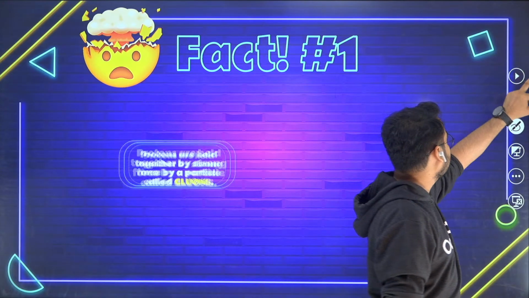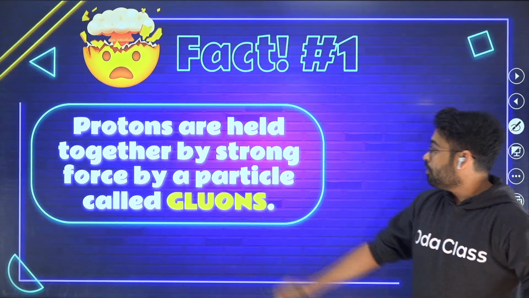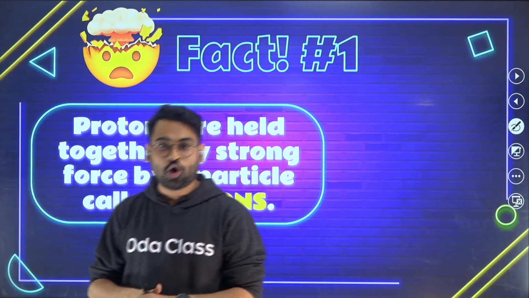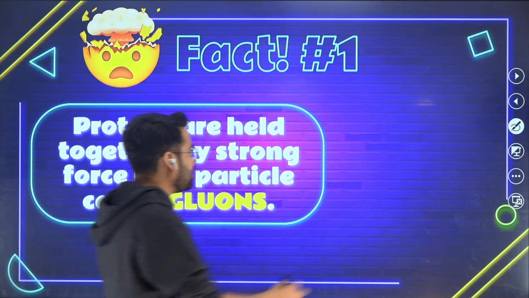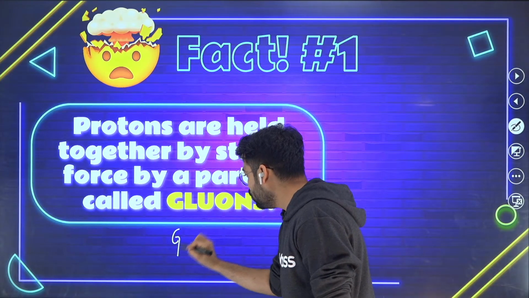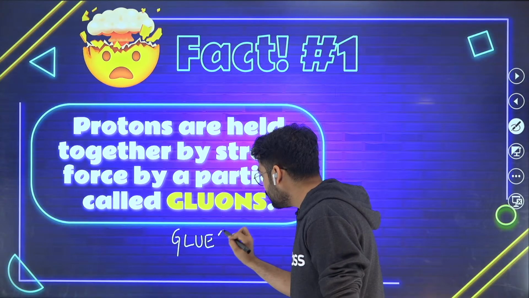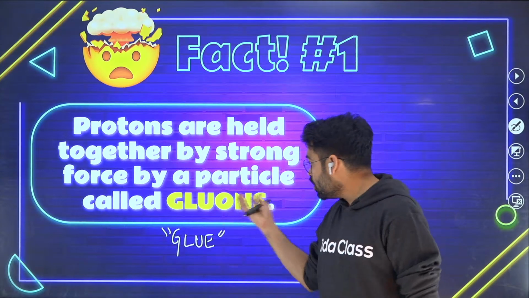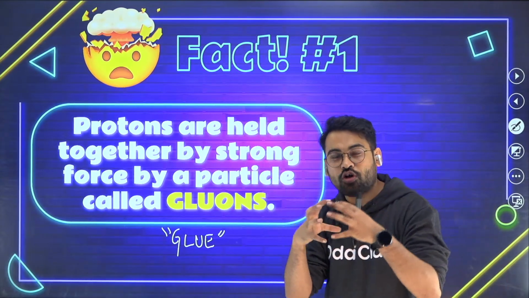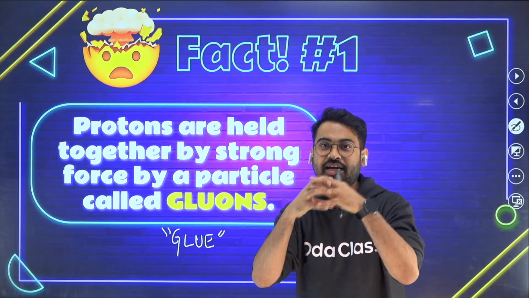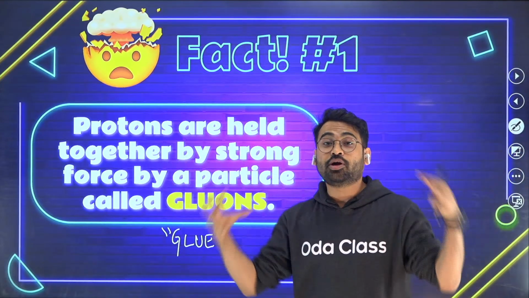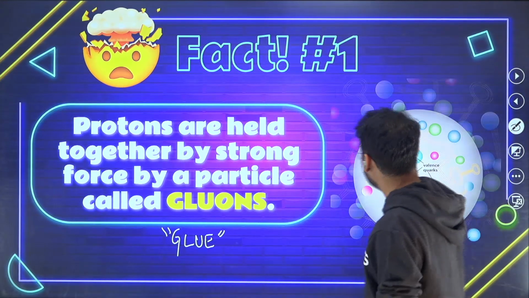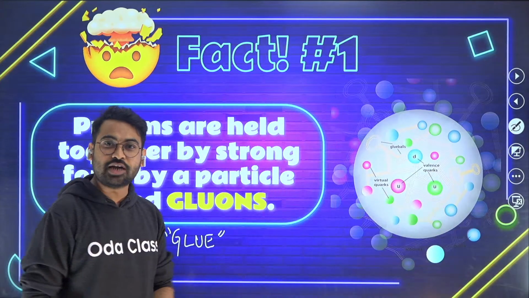And what does this say? This tells you that protons are held together by a strong force through a particle called gluons. अच्छा, gluons इसका मतलब क्या समझ में आ रहा है? इसका मतलब ग्लू जैसा लग रहा है। ग्लू क्या करता है? Glue is meant to stick things together. So these gluons are the particles that help that strong force so that the proton remains intact. Proton is made of lot of quarks, but who is getting all of that together? That particle is gluons.